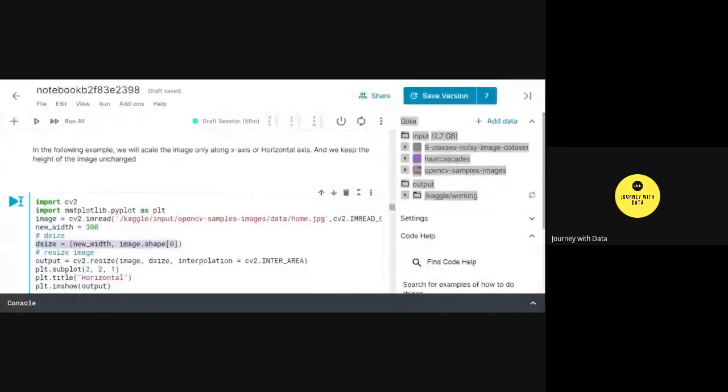So if you notice in this code, the height is the same. I've pulled out the height from the dimension, but the width, I have set accordingly.